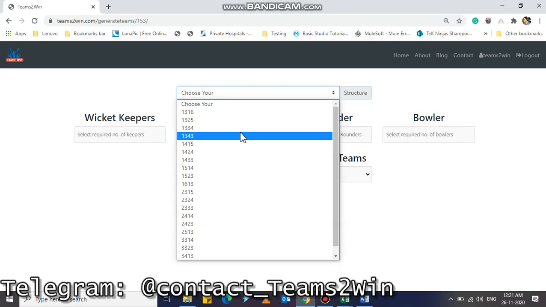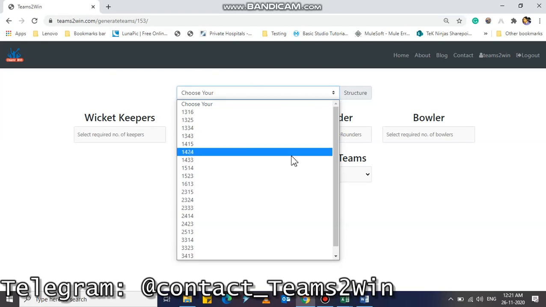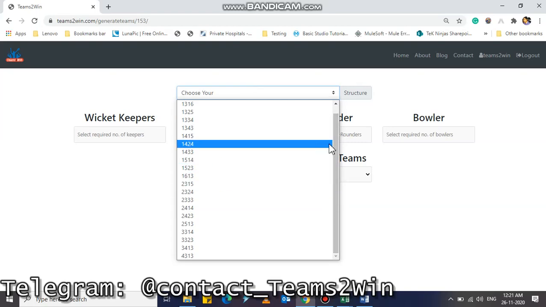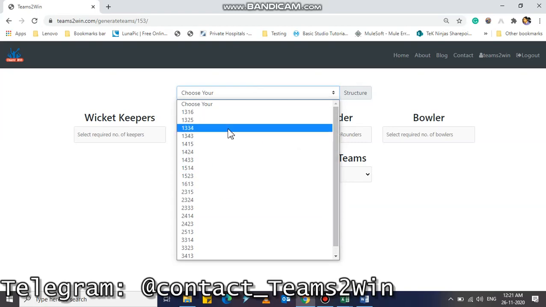All-rounder is the same, minimum 1 and maximum 4. And bowler, minimum 3 and maximum 6. Whenever we are creating a team, a team consists of 11 players, so there will be around 19 to 20 different structures. You can select the structure you want to go with on that particular match.